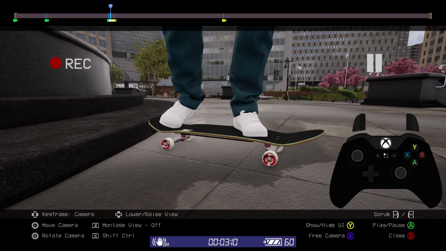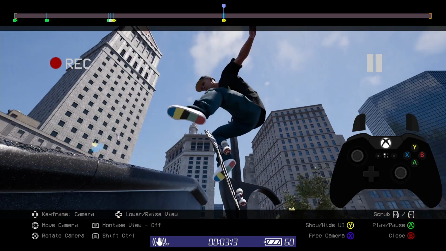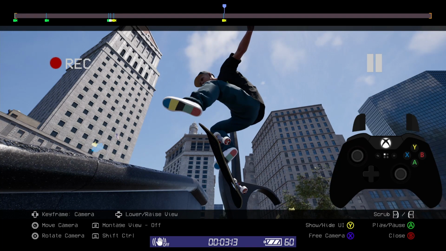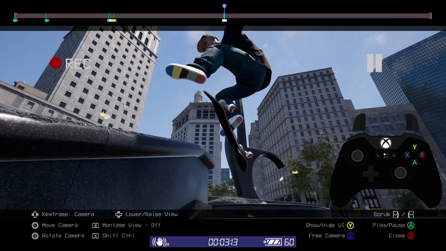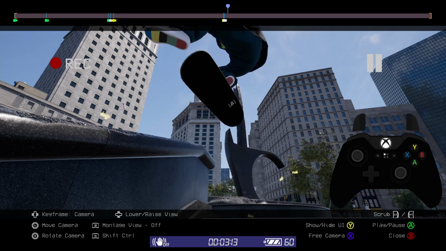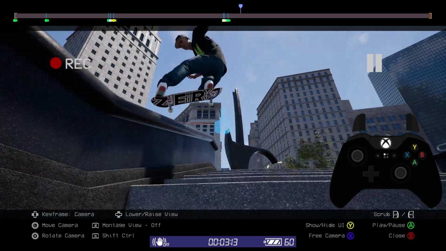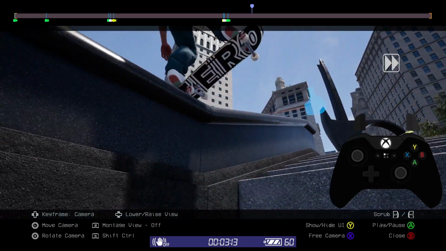To finish the camera movement off, I'm going to get a close slide-in shot of the trick. To do this, I'll use the free camera with a mixture of keys and some camera rotation. I'll start by adding a constant keyframe for where I want the camera to start. Next, I'll add a smooth keyframe for where I want the camera's movement to begin. Then I'll scrub forwards to where I want the camera's movement to end.